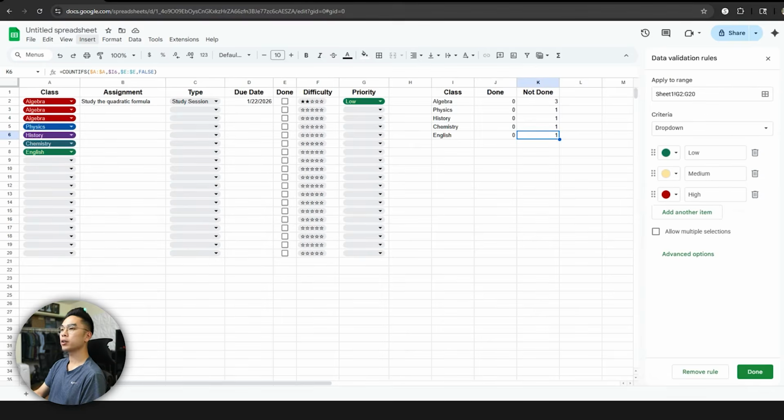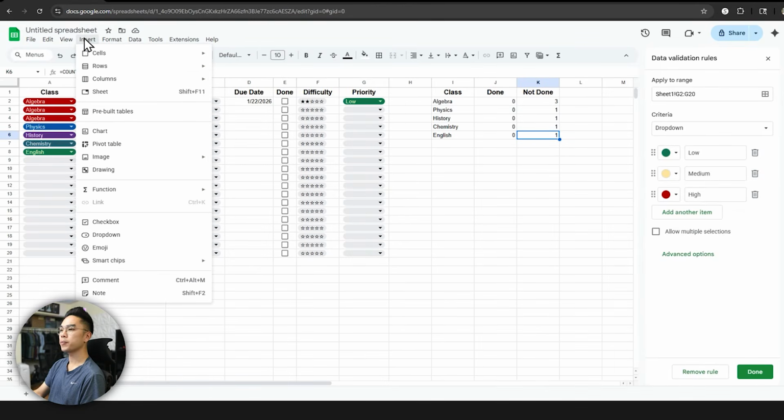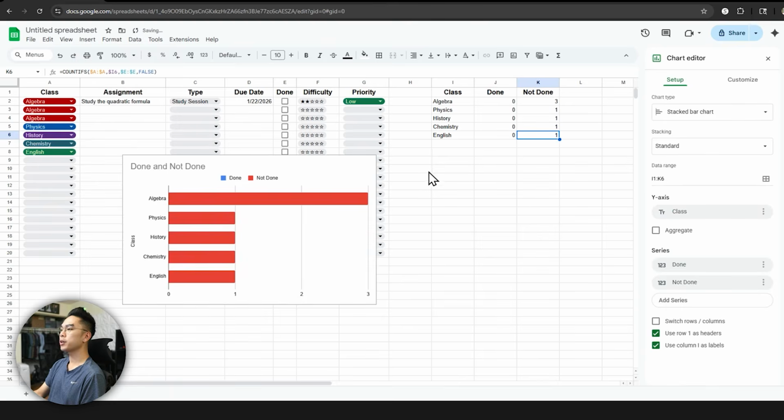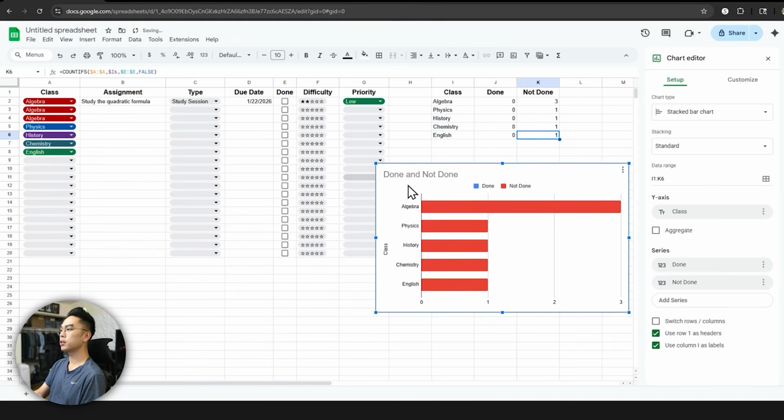With that being said, you're gonna go to Insert and hit Chart, okay? When you hit Chart over here, you can see that it already tells you what's done and what's not done. It already gives you a range. It knows what it's trying to do. But for example, if your Sheets doesn't recognize this,